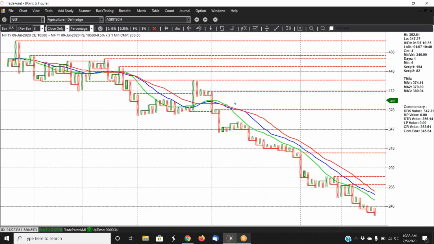Another trade which I had given last time was, in fact, I had given 3 trades. One was the Bajaj Finance put, which gave a trigger above 100, but then it came down. And in fact, I got a lot of messages. I had given a stop loss near 60, 65. The typical question which I keep getting is, it has gone below 60, should I exit? For me, that is a silly question. If the stop loss is given and it goes below the stop loss, you have to exit. There is nothing like, if it has gone below 60, should I exit? That is a standard question which I get. If it has gone below the stop loss, there is no question, you have to exit.